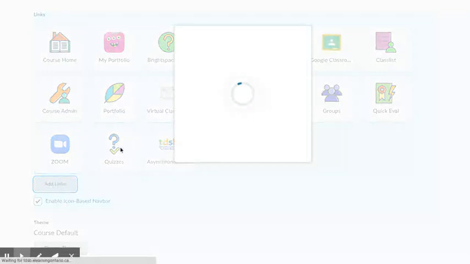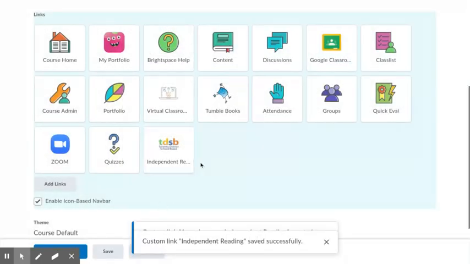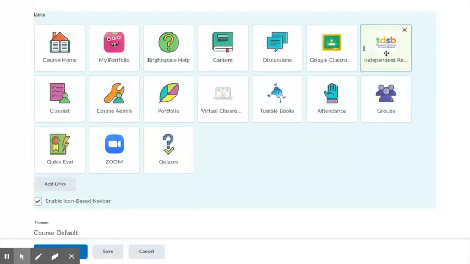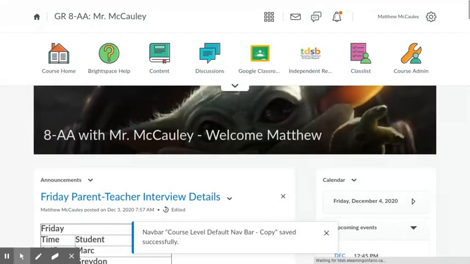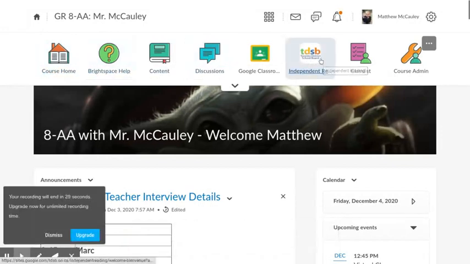Now you might notice the name doesn't fully appear here. What you can do if you want, you can just call it independent reading, or something else as you wish. It still doesn't fully appear. Now with this, you can decide where exactly you want to put it. I'm going to move it up here a little higher because I want my students to see this. So I'm going to actually put it up here next to my Google Classroom link. After that, I'm going to go here. And then here we go. So looking now at the navbar, we have course home, Brightspace help, etc., etc. And then we get to the independent reading page right